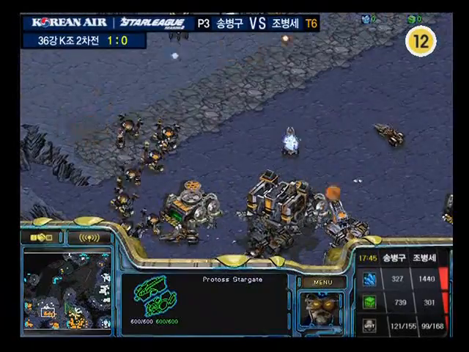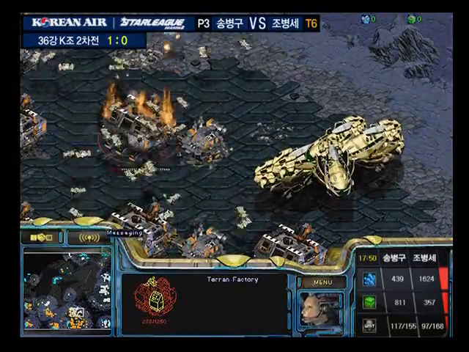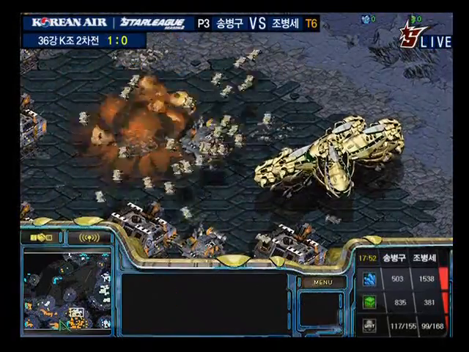Skyhigh can't decide which side to defend. He's going to lose something either way. He's trying to fight Dragoons with Goliaths while the carriers destroy his factories. That is not the way you want to do it at all. And yeah, this is